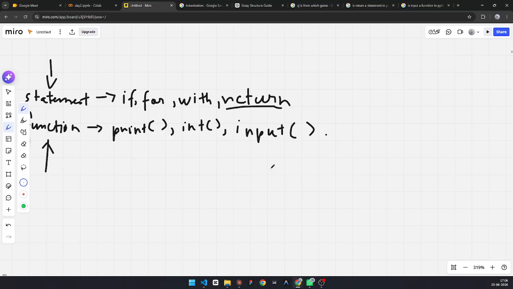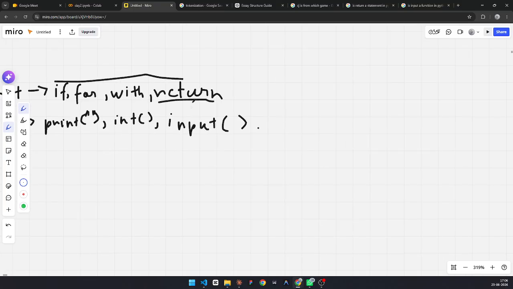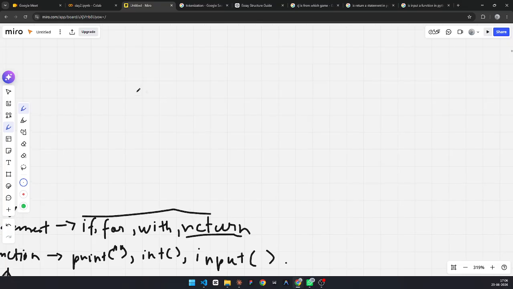Lavesh Nankani says functions use parentheses. Yes, exactly. The main difference between statement and function is that functions use parentheses, meaning you put some kind of data in the parentheses, which could be any data. But in statements you don't use parentheses. Instead, you use, let's say, if i is more than 10.